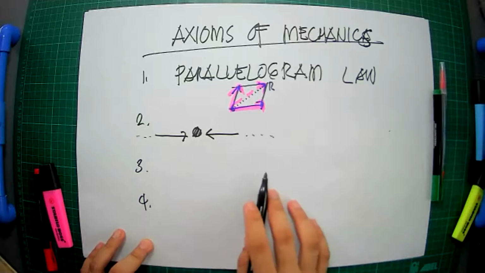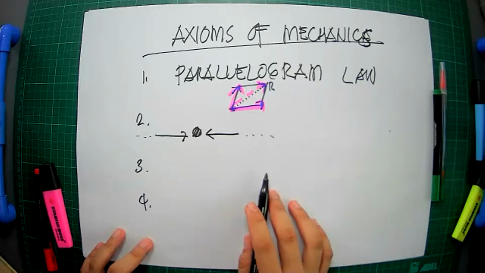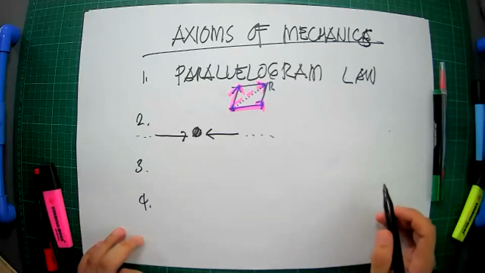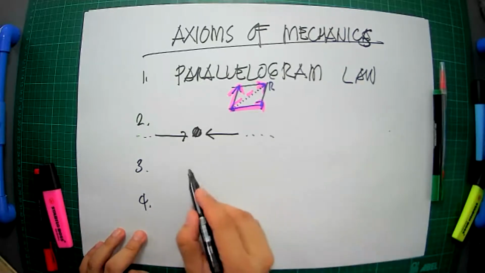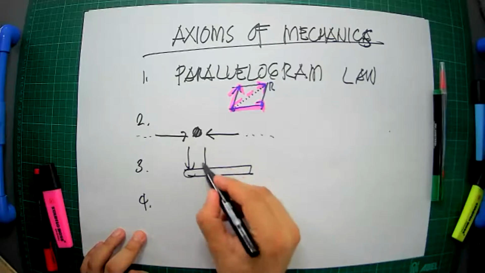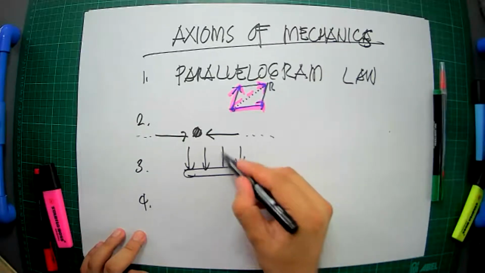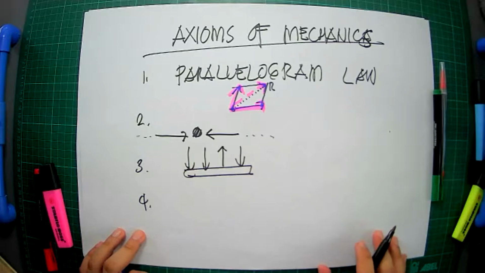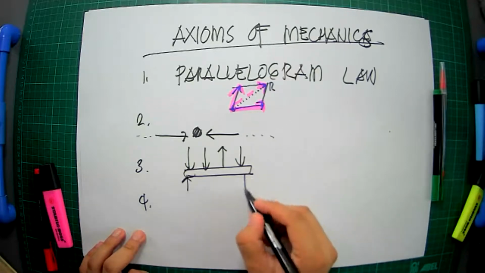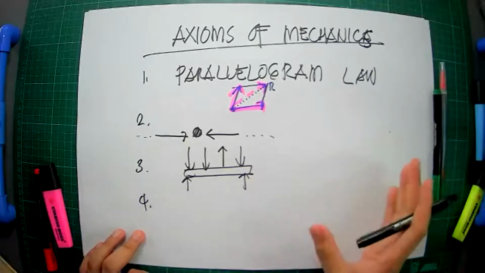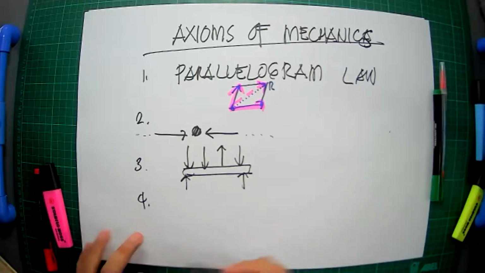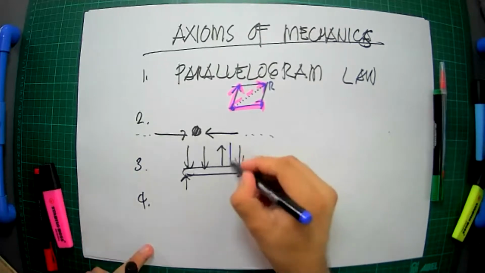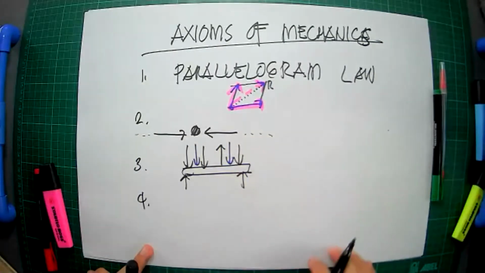Okay. Number three, a set of forces in equilibrium may be added to any system of forces without changing the effect of the original system. How can we do that? No, again, let me repeat. A set of forces in equilibrium. Let's say you have a beam and there are already forces on that beam. It could be away or towards the beam. And this set of forces are already in equilibrium on the beam. The beam does not move, does not accelerate. It is at rest. So, pwede ka ka-add other forces, luwas dira, on the original set of forces.